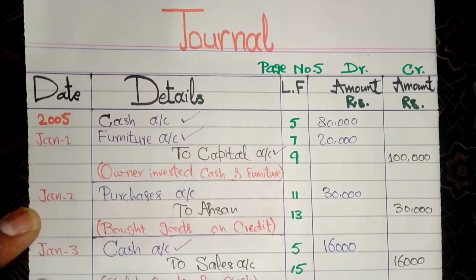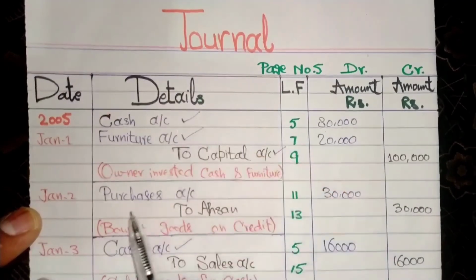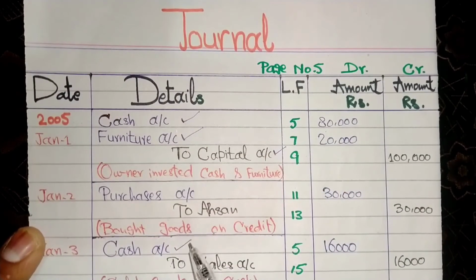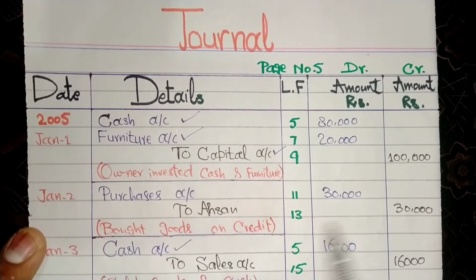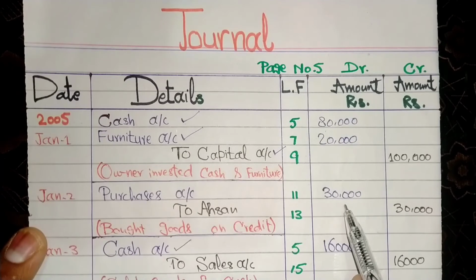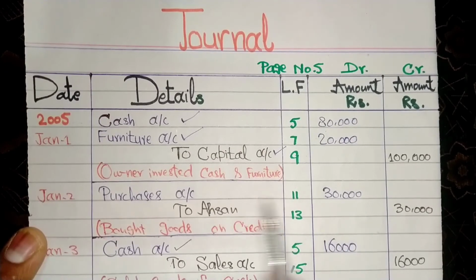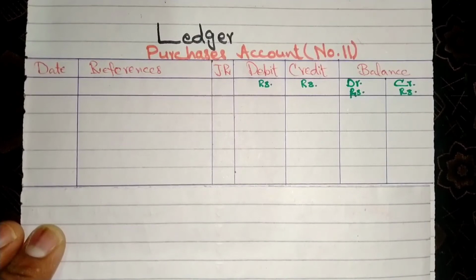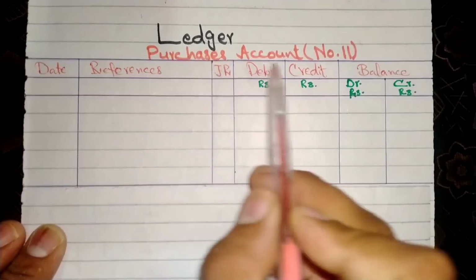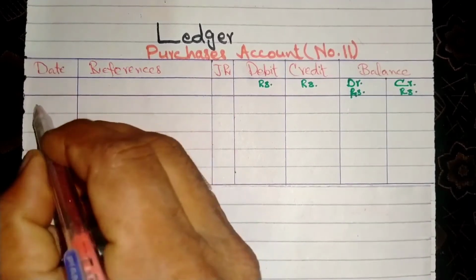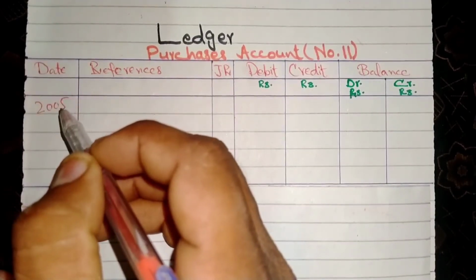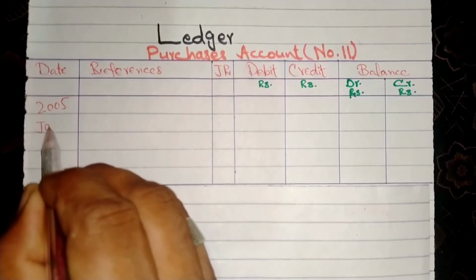Okay. Our next account in journal, which is purchases account. Okay. So purchases account debited by Ehsan account with amount 30,000 rupees with ledger folio number 11. This is the format of ledger purchases account with ledger folio number 11. Okay. Year 2005, date Jan 2nd. The entry will be